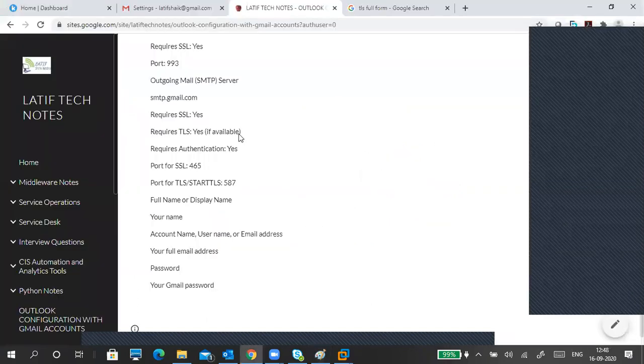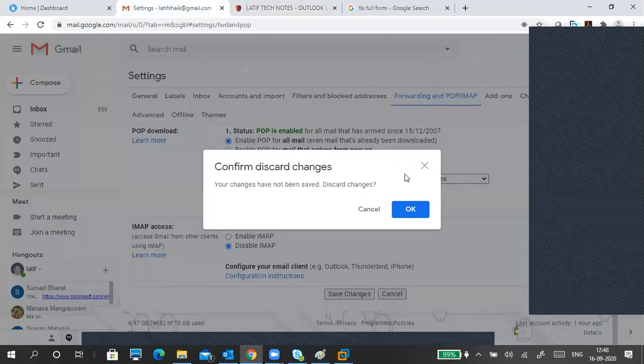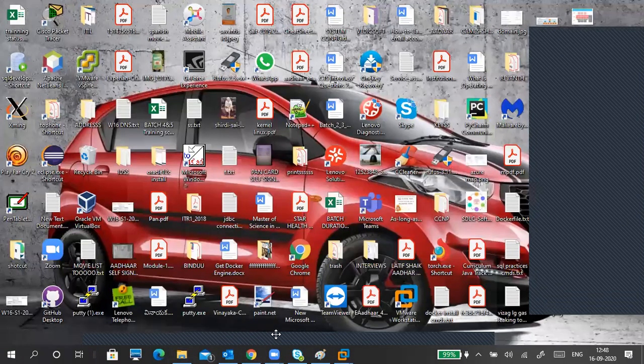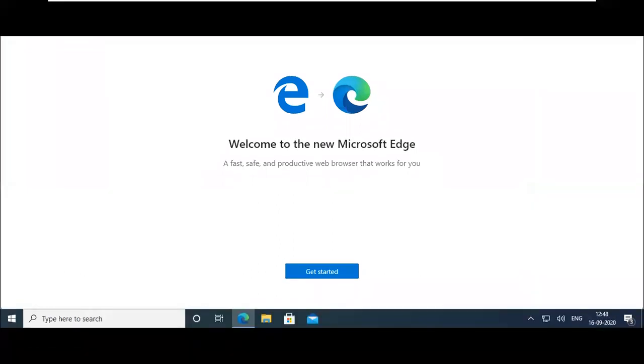Okay. Here in this mail, there are a few things we have to do. But this is my main mail ID. I don't want to do anything in this mail, but I'm going to check here from my mail.